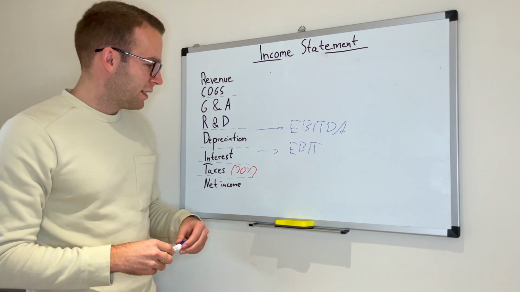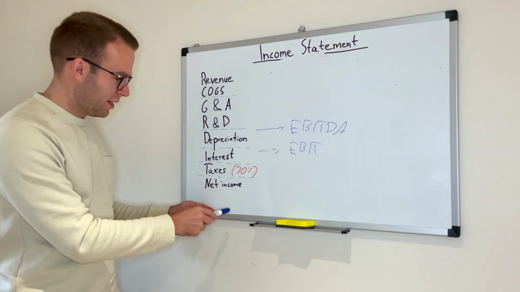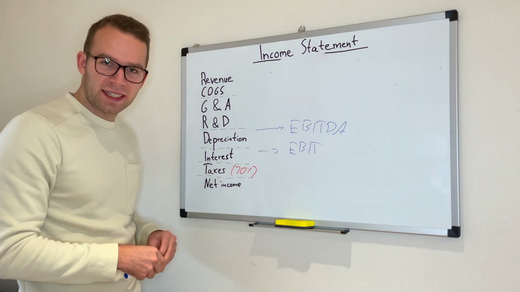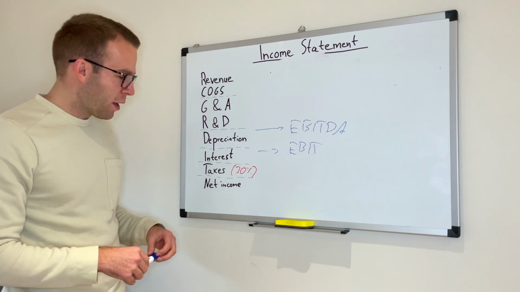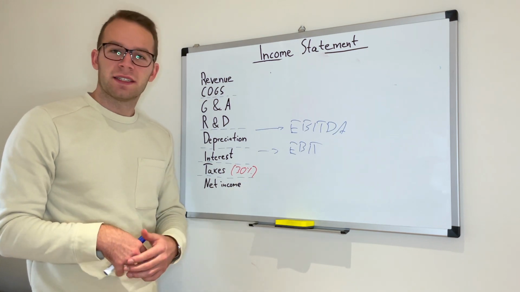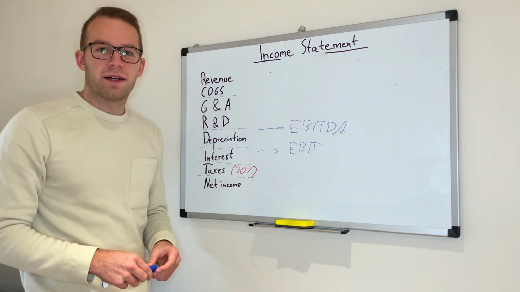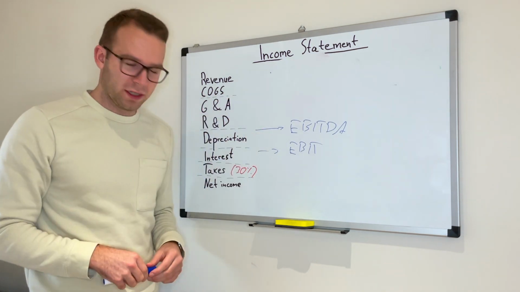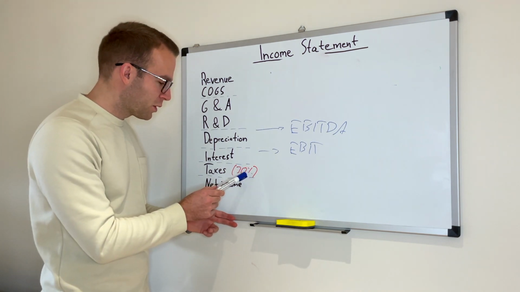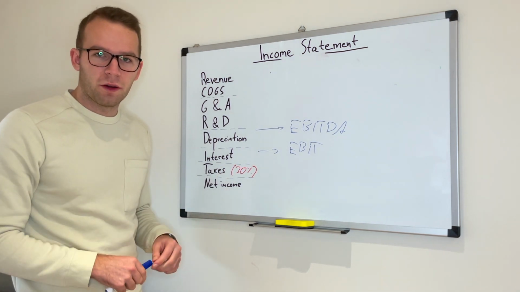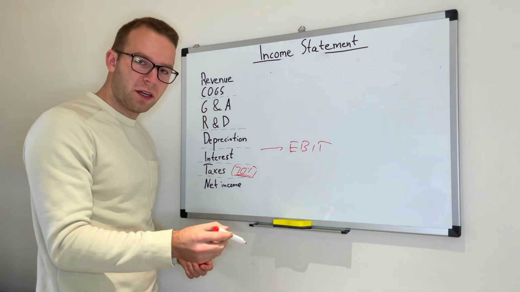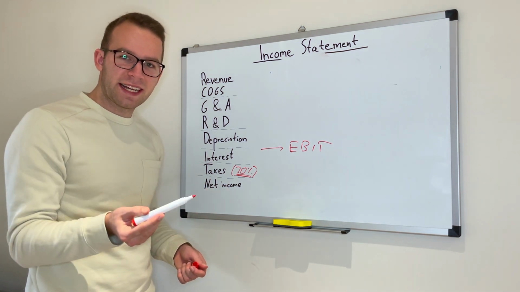Now we see that the net income is heavily affected, for example, by our taxes, by how much taxes the company has to pay. Well, in order to compare companies with each other, with the sector, but also with other companies in the world, in the US, for example, we have a different corporate tax rate than, let's say, in Germany or in the United Kingdom. With a higher corporate tax rate, our net income will be lower because we have to pay more taxes. And that's exactly the reason why